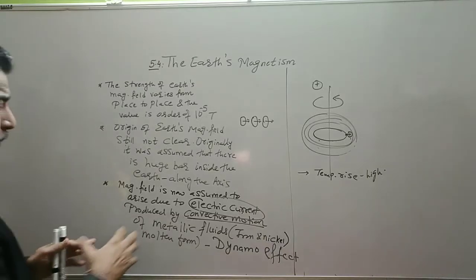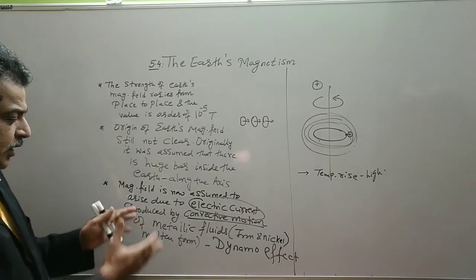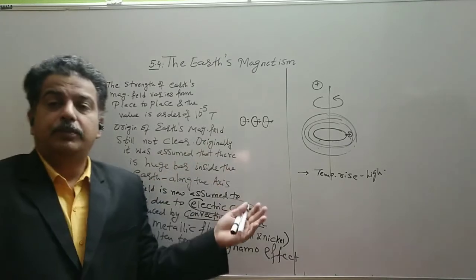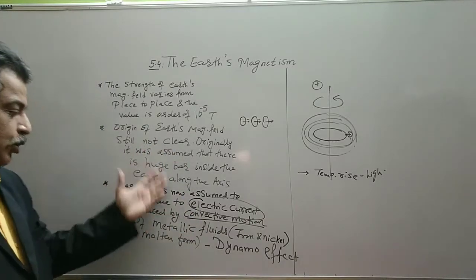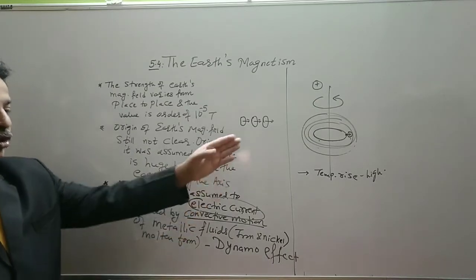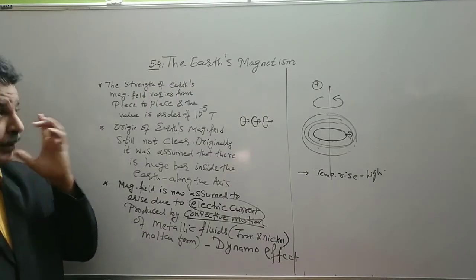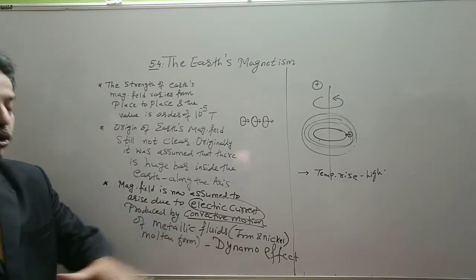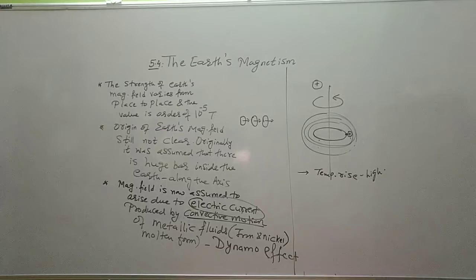But the magnetic property is not as easy as we consider. So still research is going on for this. The correct reason for earth magnetism keeps on changing. Earlier it was believed there is a huge bar magnet. Now we assume that it is due to the motion of the ions. So earth behaves like a magnet due to this reason, that is called the dynamo effect. Now if earth behaves like a magnet, let us see its properties also.